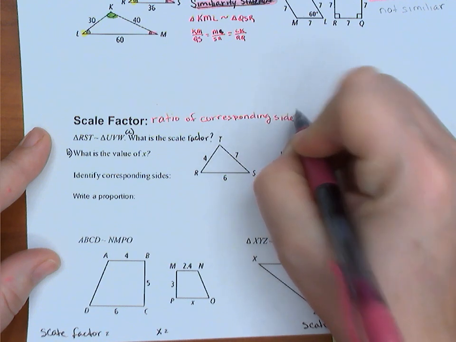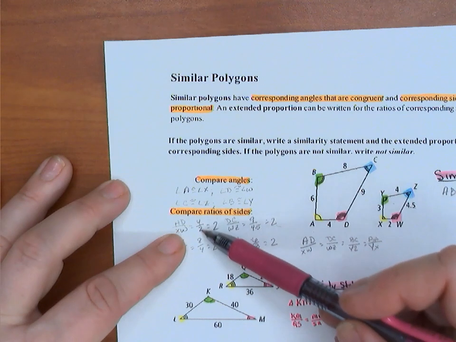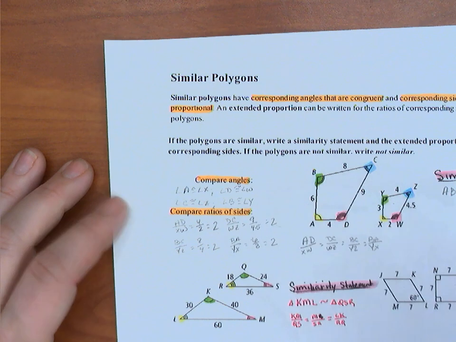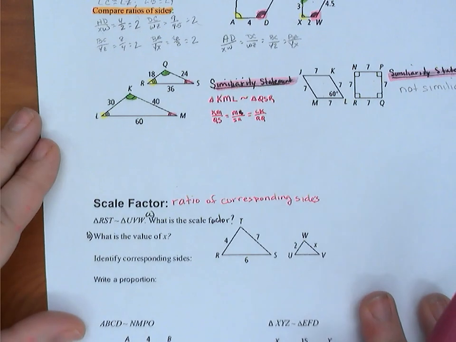So if I look in my previous problem up here, my scale factor was 4 to 2, or 2 to 1. If I left this as a ratio, it would have been 2 to 1. So that's my scale factor. So I'm going to look at this,